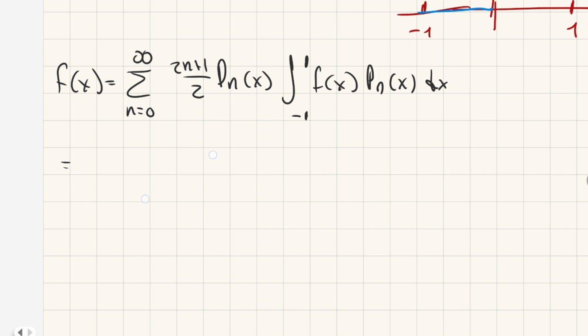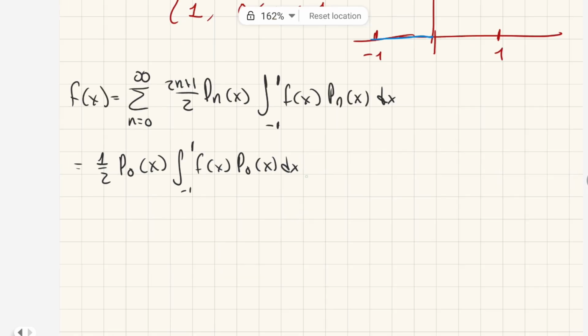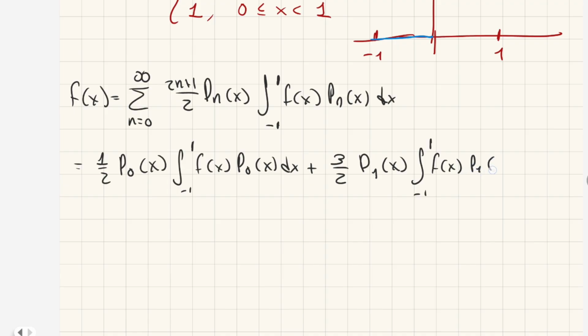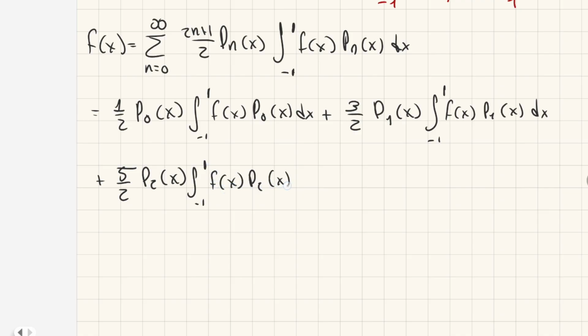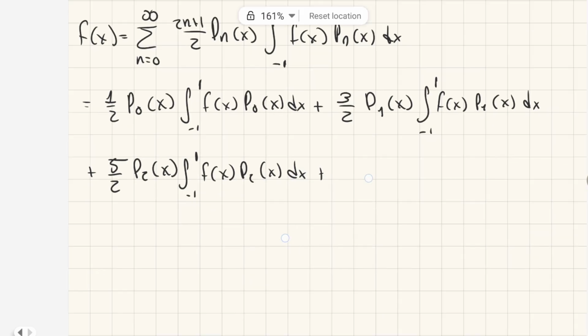Well, if n is equal to 0, this will be 1/2 p sub 0 of x, the integral from -1 to 1 of f of x p sub 0 of x dx, and then plus 3 divided by 2 p sub 1 of x, the integral from -1 to 1 of f of x p sub 1 of x dx, plus 5 divided by 2 p sub 2 of x, the integral from -1 to 1 of f of x p sub 2 of x dx,